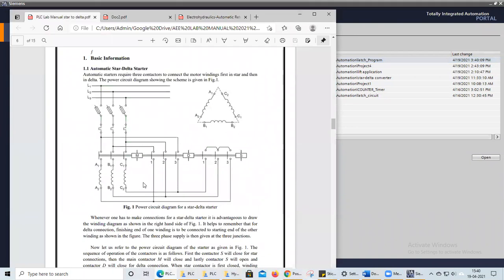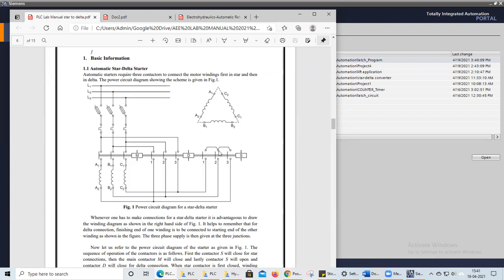See, here you can see the three-phase bus bar is there. And here you can see three coils. In this manner it is connected. This is our motor, and the rotor coil is connected in the delta manner, and the stator coil, initially it is connected in the star manner, means 1, 2, 3 will be closed in the starting connection.